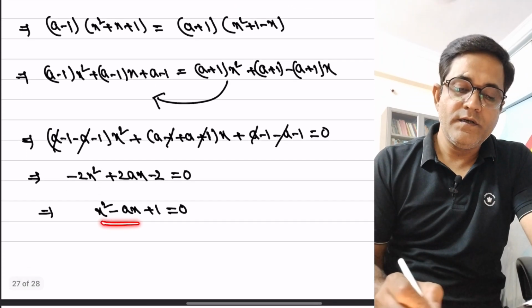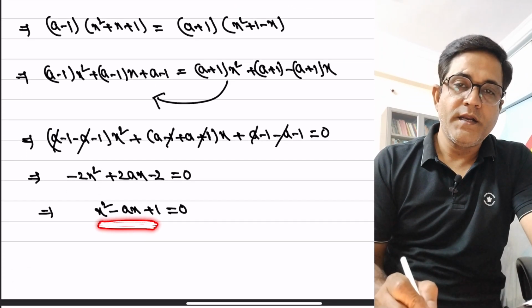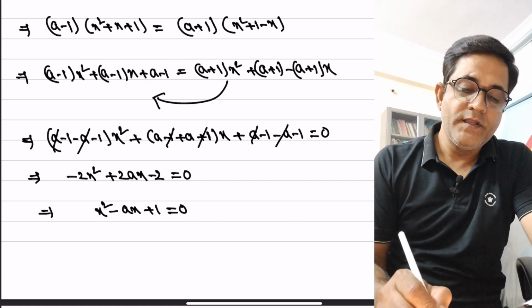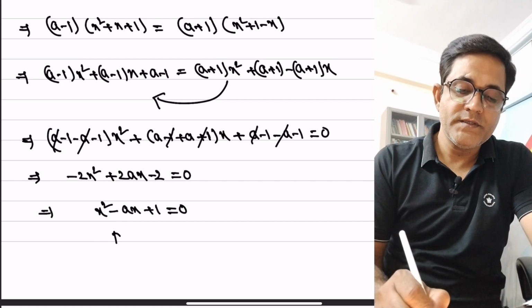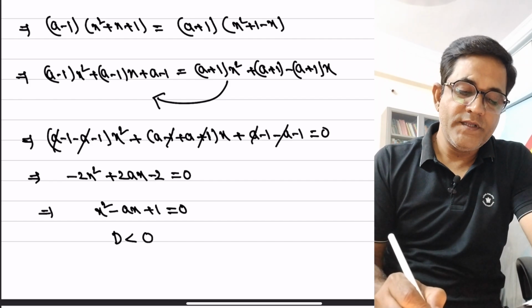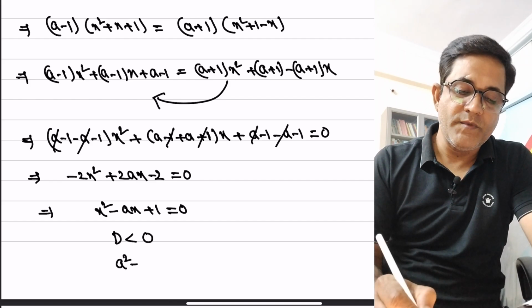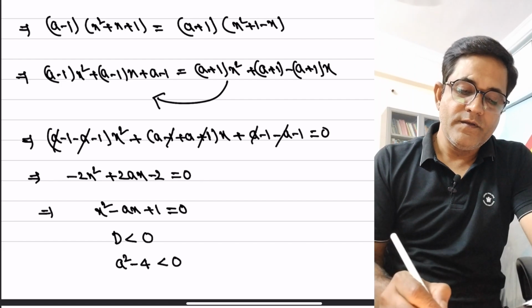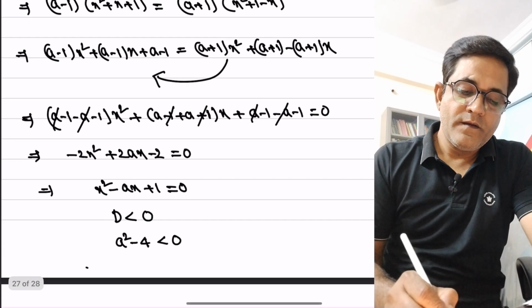So the roots of this quadratic are imaginary, which means the discriminant of this quadratic is less than 0. Therefore the discriminant b² − 4ac, that is a² − 4, is less than 0. This implies